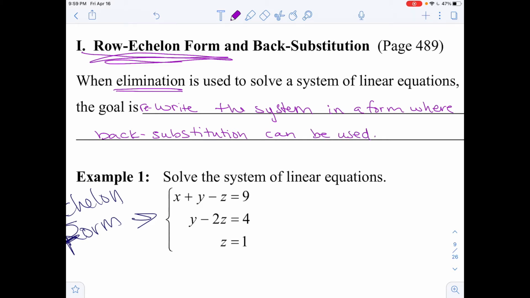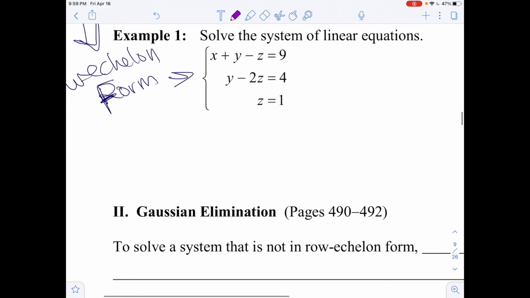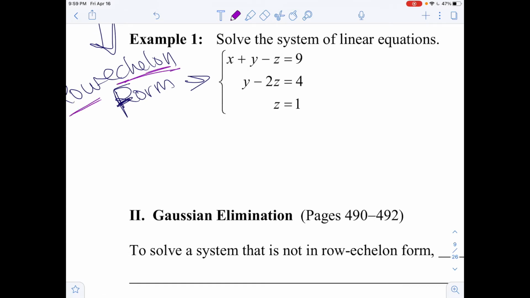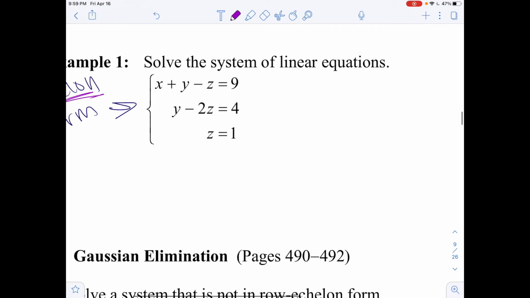So do you remember what back substitution is? It's when you work backwards: instead of starting at the top and solving down, you start at the bottom and solve backwards. So in this example, which is in row echelon form, we're going to use back substitution